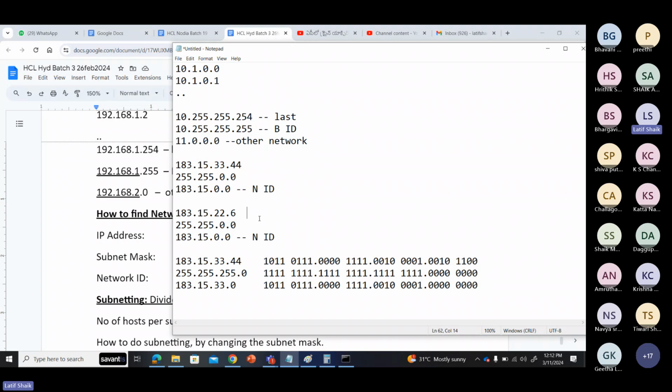Convert this one into binary. 22 is 0 0 0 1 0 1 1 0. This is 22. Next is 6, which is 0 1 1 0. This is 6. And this is